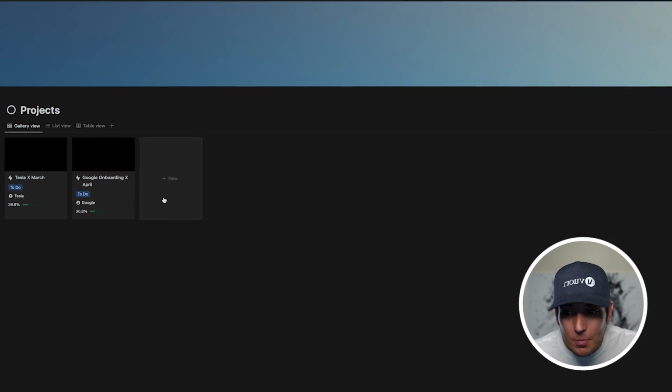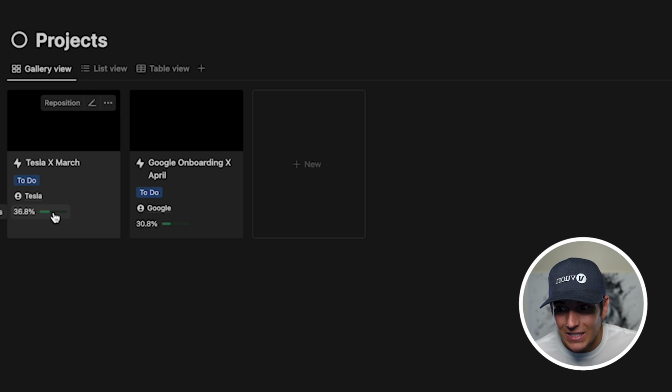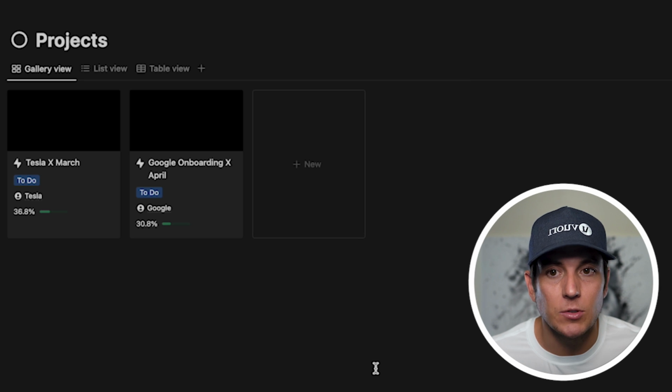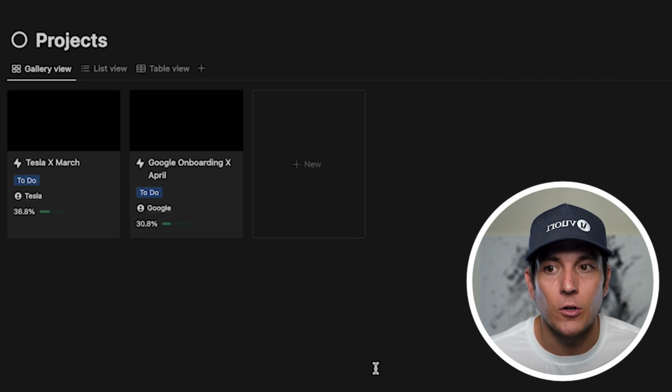The best way to set expectations is to determine them in a project management board. And the best way to provide tools is to create tools like this and give tools to your team to then utilize. And then on top of it, we can start to see the progress on each task. So we can say we're 36.98% done with Tesla, we're 30% done with Google. This is an absolute game changer if you can adopt the fulfillment funnel into your business.